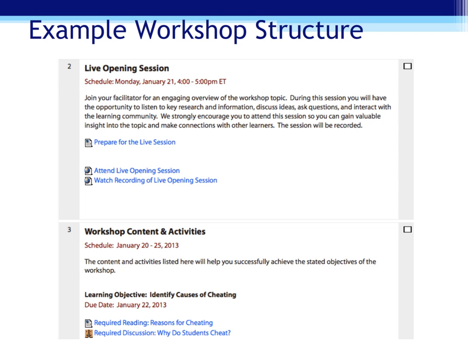This is an image of part of an example workshop to show you how the workshop is structured. As you can see in this image, the workshop is laid out in blocks. Each block is titled and lists the scheduled date or dates for that segment of the workshop. For example,